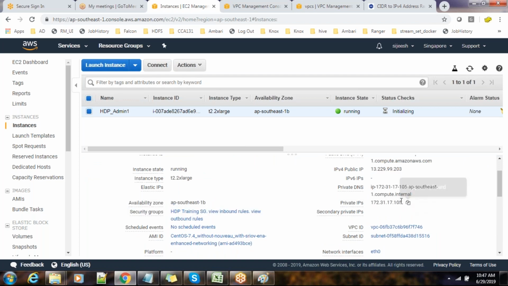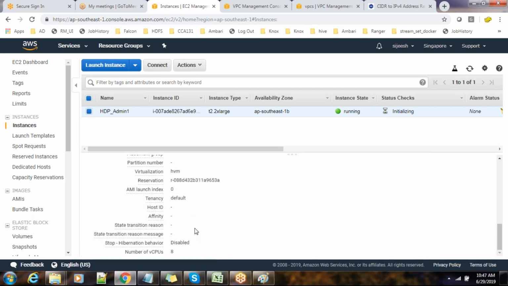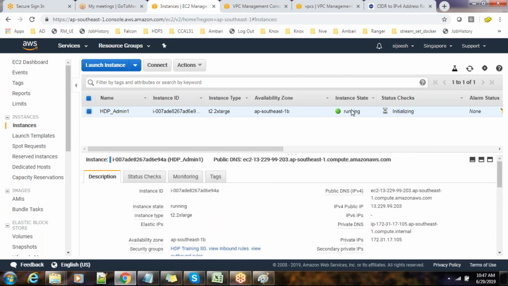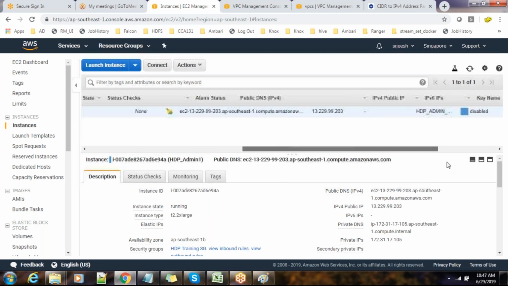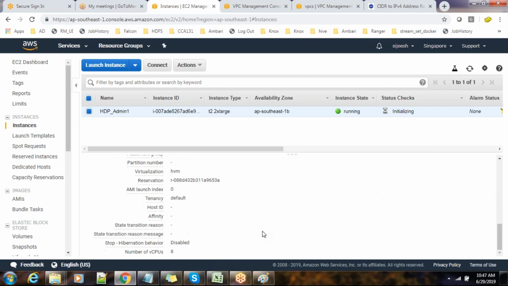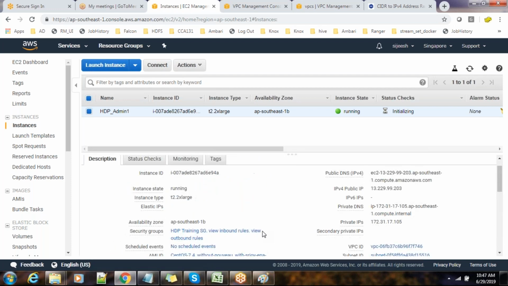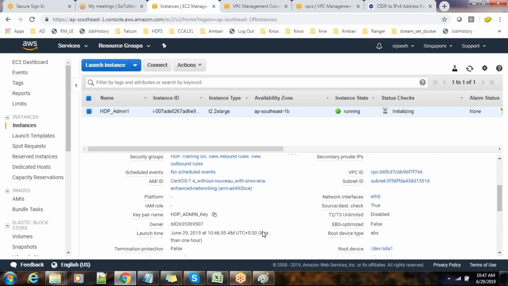So internal DNS and IP is based on the VPC or subnet that we have chosen. Okay, these are all the details listed here, and what AMI is being used, and what the other details are. It will take a few seconds to initialize this, and we will have everything ready. But another thing is, if you just log in with any user, the password-based authentication mostly won't work here, and you need this key pair.